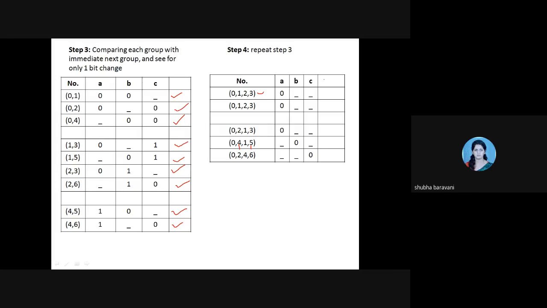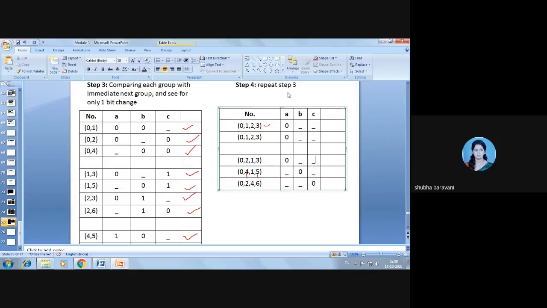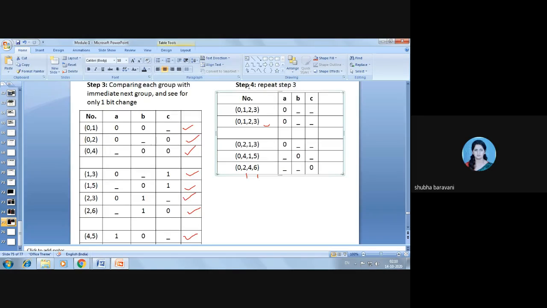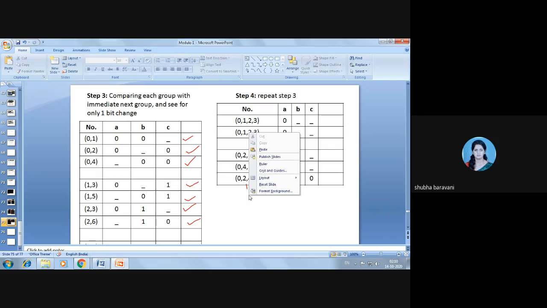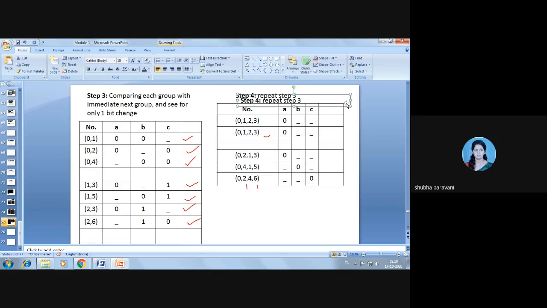Yes, ma'am. See, this is your step 4. Everyone understood step 4? Yes, ma'am. Next, we'll go to step 5. Step 5 is, again you have to repeat step 4, that is, if there is any possibility of repetition, then you have to repeat. Else,